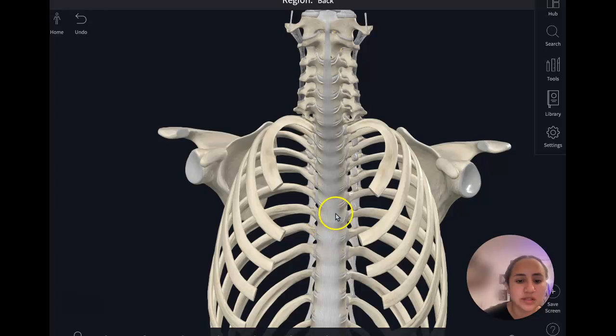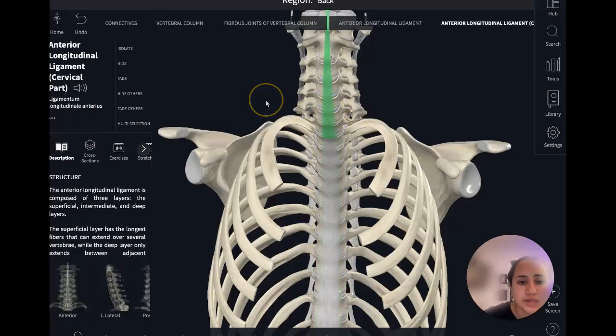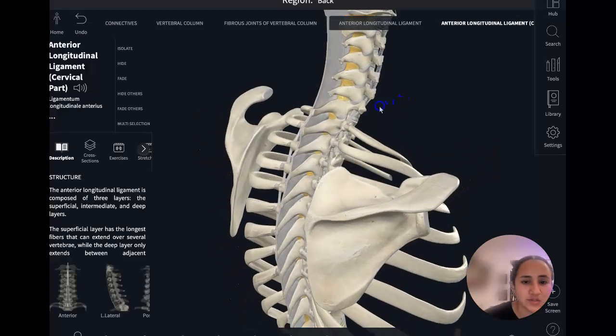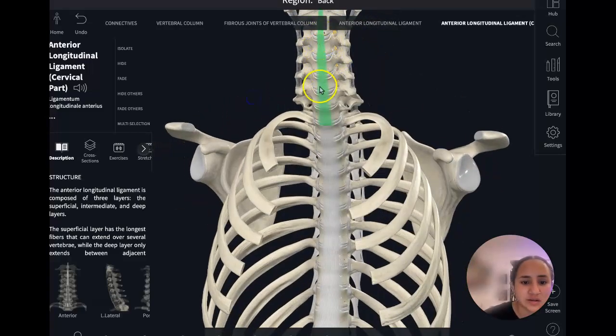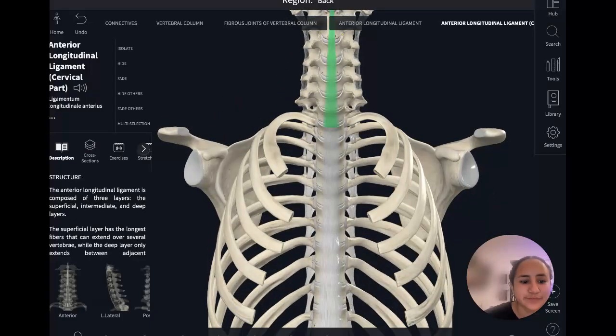So next we're going to go into the ligaments of the vertebral column. The first one is the longitudinal ligament right here. This is the anterior aspect of it. There's also posterior that goes from the occipital all the way down to the sacral. So the function of the anterior aspect limits too much extension, and the posterior limits too much flexion. It is quite hard to see the posterior, but here is the anterior. As you can see, it goes all the way up and down the spinal column. So the next